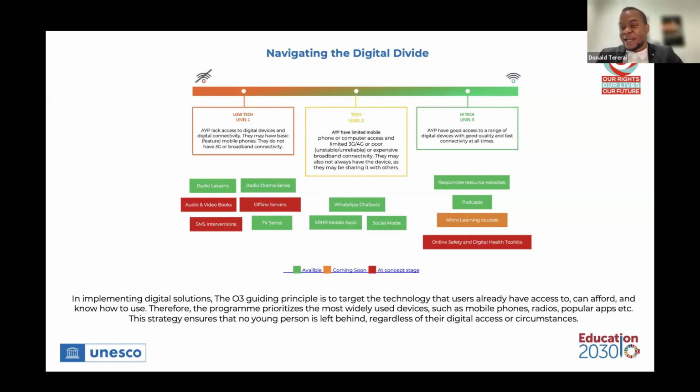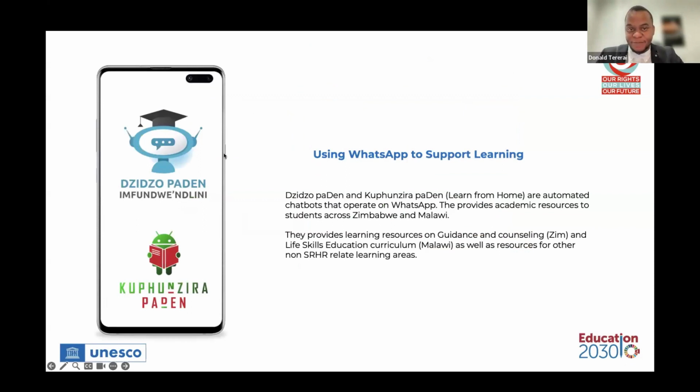And one of the areas that we are also conceptualizing on is online safety, with the realization, of course, that being on the internet, the young people would need to be safe. So I'm going to expand on one example from each of these 3 categories, starting by how we've been using